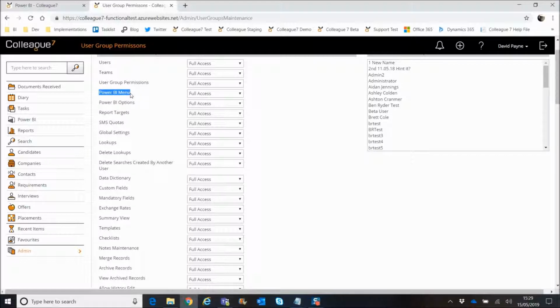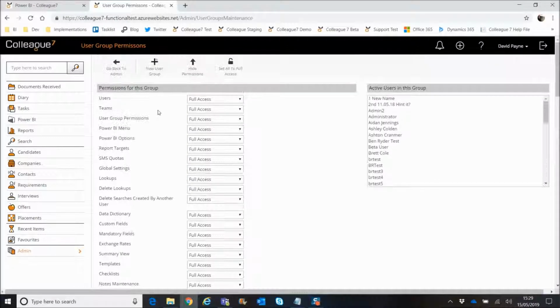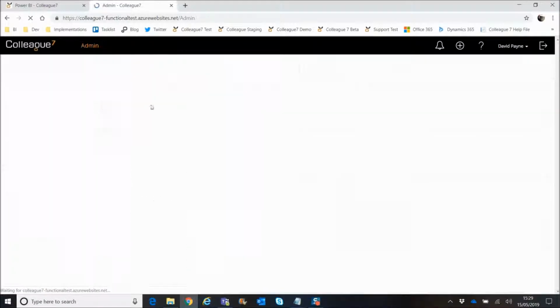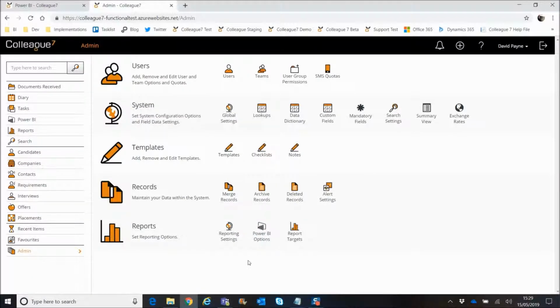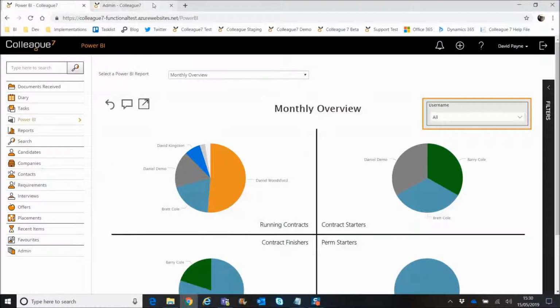So the Power BI menu option will dictate whether or not the Power BI option will appear in the left navigational menu, and the Power BI options access will dictate whether or not you can view these options that are available here within the admin area. So providing those are both set to full access, you'll have Power BI available here, and you obviously have Power BI available from the side there. So if I go back to the screen here